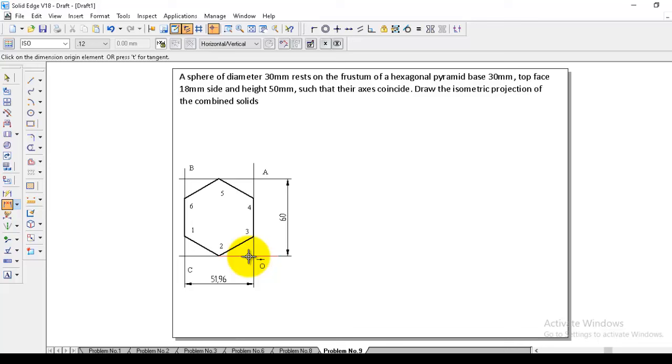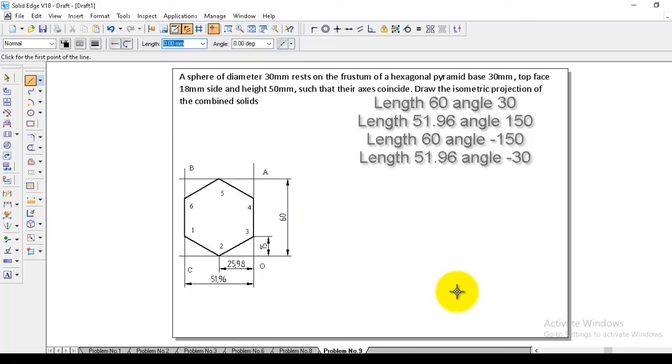Now O to 3, A to 4, B to 6, and C to 1 will have the same dimension of 15 because it is symmetry. And O to 2 is 25.98, and A to 5 will also have the same.